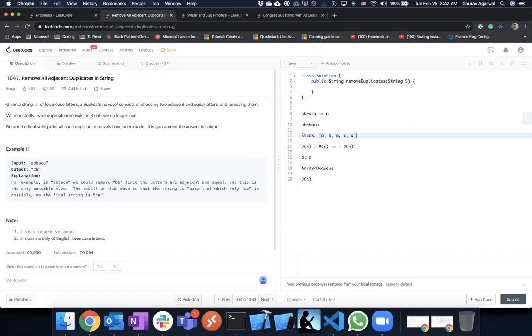If you search on Leetcode, there are a lot of similar questions where we have to remove all the consecutive similar characters. Like in this example, we have to remove the B's which are together. So there are a lot of similar questions on Leetcode with different variations. I suggest you give it a try. Okay, let's jump to